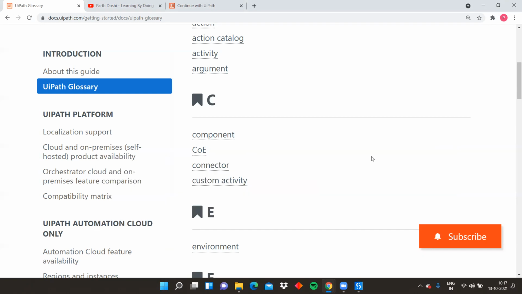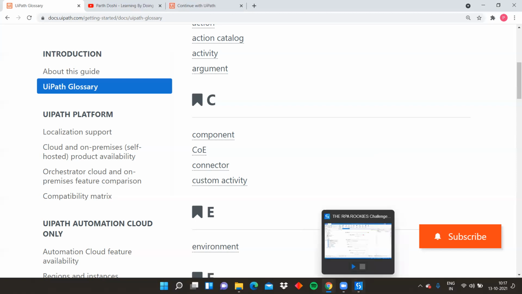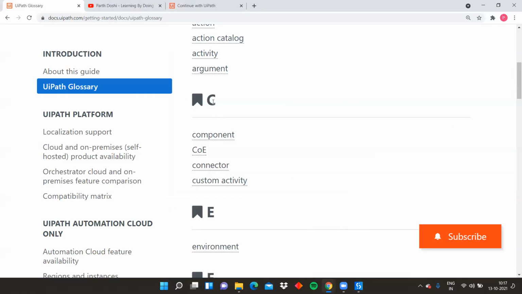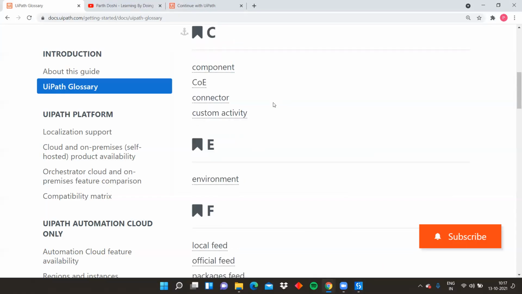Jira connectors. There are many different integrations available in UiPath, in which case we use connectors and connect to our different applications. Custom activity, all are aware about. We can develop custom activity in two ways. One is the library and the other is using Visual Studio Code. Even if you see over here, you create reusable components that, when published and turned into a NuGet package, can be used as a custom activity. So we are done with the letter C as well.